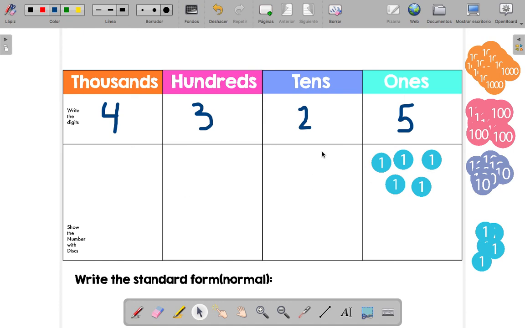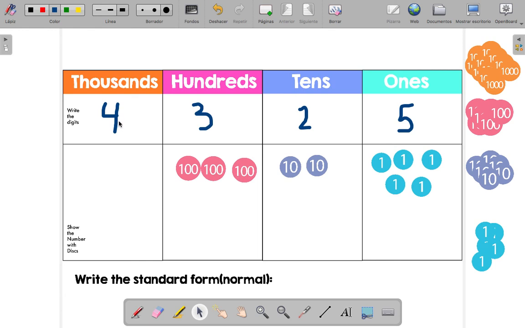We always begin with the ones, okay? How many do we have in the tens? 2. Very good. So let's bring 1, 2. How many do we have in the hundreds? Excellent. 3. So we bring 3 hundreds. How many do we have in the thousands? Very good. 4. So let's bring 1,000,